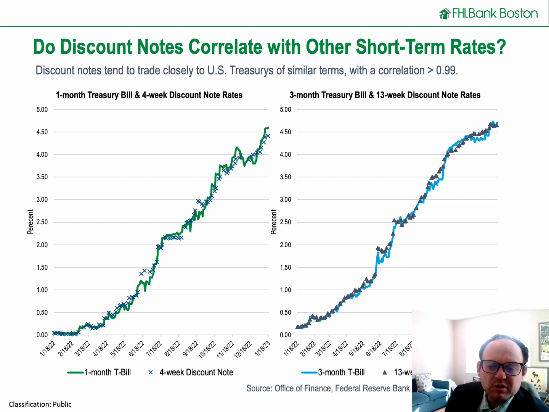And in fact, if you squint a little bit, you can see some instances where discount notes were below the rate on the comparable term Treasuries. There's a lot of dynamics that go into play in the short-term interest rate markets. But as the markets grapple with